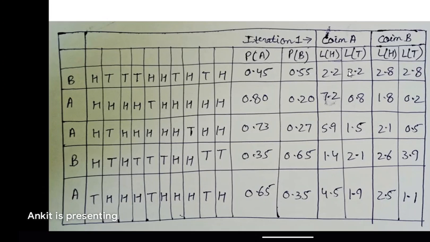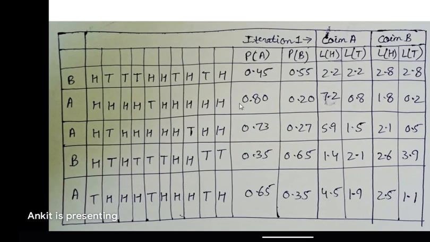In the same manner, in a similar fashion, we will calculate the LT, likelihood of getting tail by point A, right? So to calculate the LT equal to probability of A, 0.45, into number of tails. So what is the number of tails here? 1, 2, 3, 4, 5. So 0.45 into 5 again. The result will be the same. Now for point B, in the same manner we calculate LH and LT for point B. So in this manner we calculate all these values in this table.